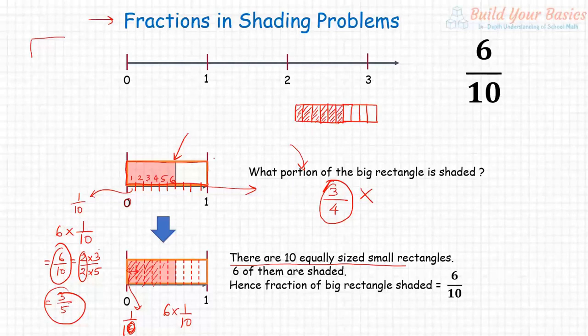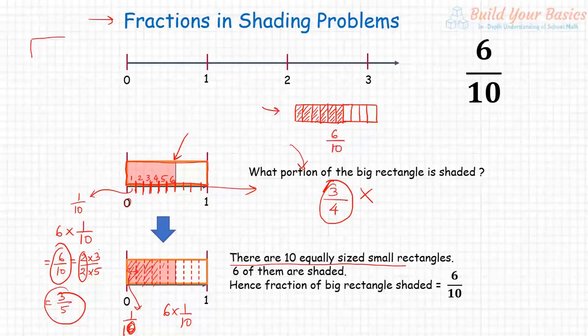But there are also problems for you to find out on the number line, where they will give a ruler kind of a thing. So they will surely give this line, sir. Otherwise you cannot exactly tell, right? Visually there is always room for error, right? So you cannot exactly say. Only if they give it like this, then you can tell that this is 6 by 10.